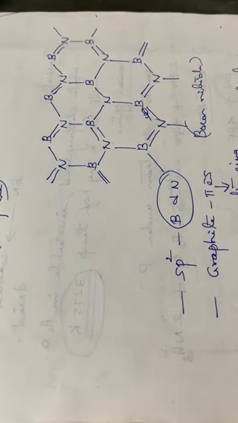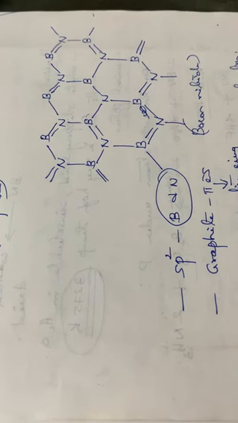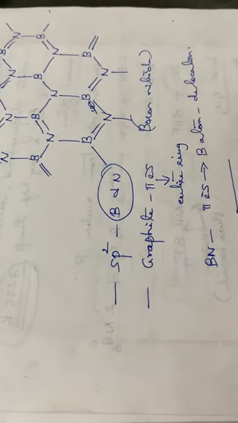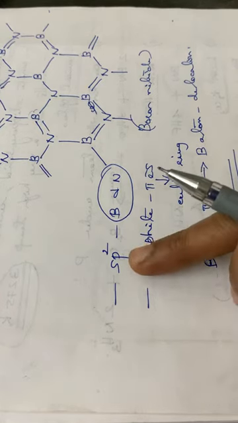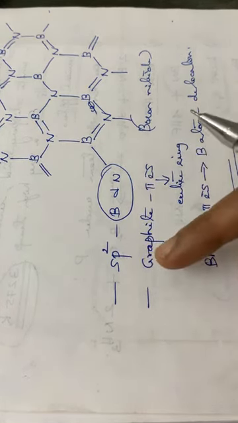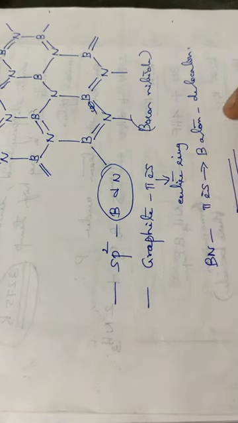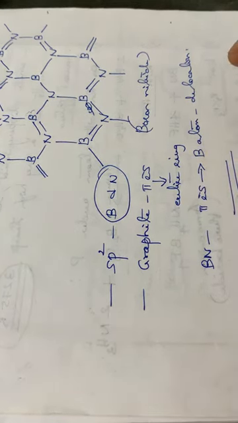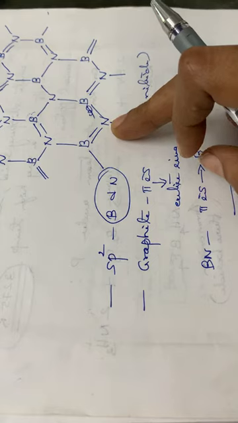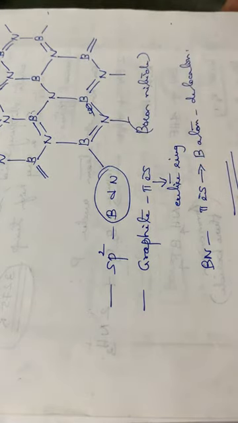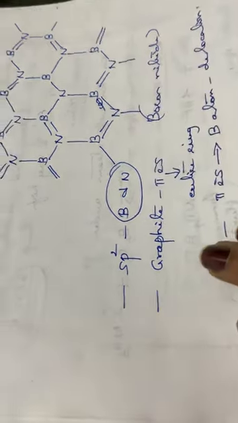Then one more compound is there, that is borazine or borazole. Okay, hope up to this you are clear. You have to go through the structure of boron nitride and the hybridization involved in boron and nitrogen, that is sp2 hybridization. Then regarding the delocalization, also the bond lengths of boron nitride are unequal. Okay, this many points you have to note down. Then the next compound, that is borazine or borazole.